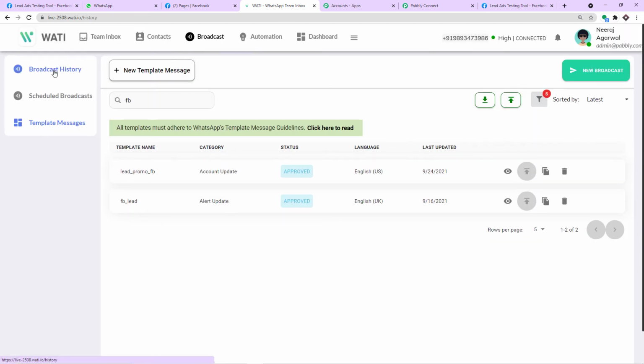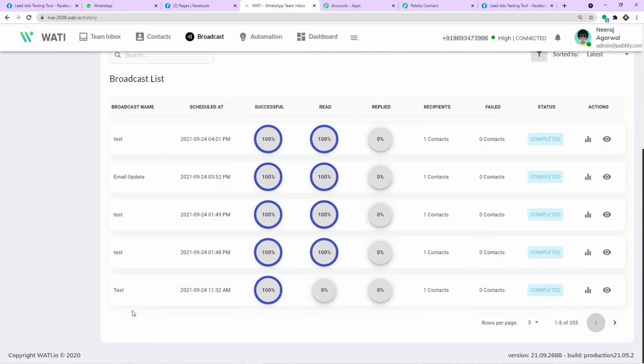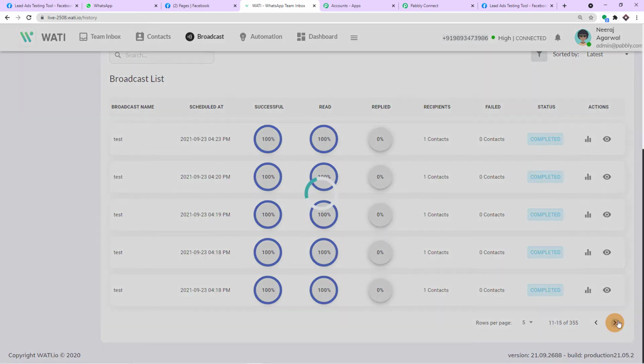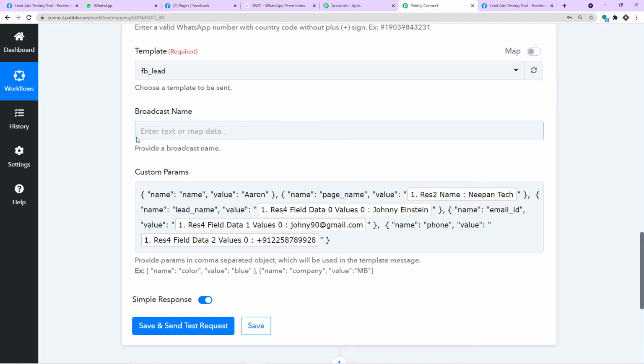So let me just take you to this part, that is broadcast history, and as you can see, these are the messages that have been sent by different names. The most prominent is of course the test. Okay, and we do have a ton of different names. Again, test, for instance, this was sent as Facebook lead. So as you can see, if you look at this tab, you can get a perspective that a message was sent for a Facebook lead, and this message was successfully read and it was not replied. So basically, if you give a very unique broadcast name, you can just figure out if the message was successfully delivered. You can actually explore many of the statistics and all those things. So that's the advantage of giving a unique broadcast name.